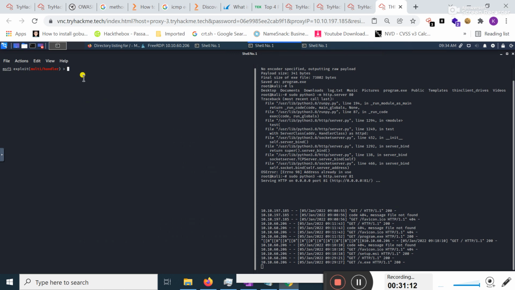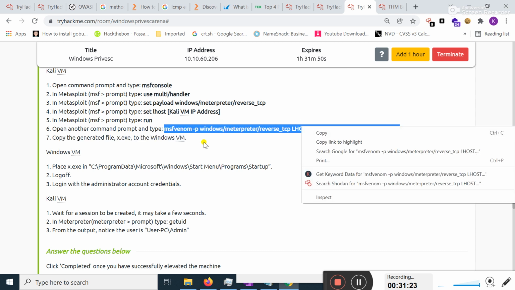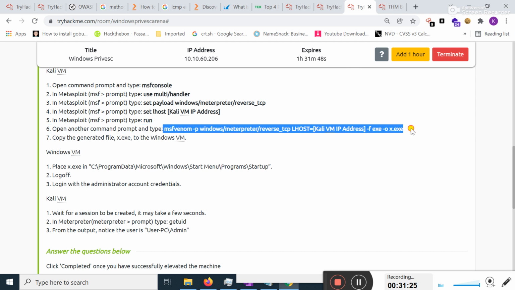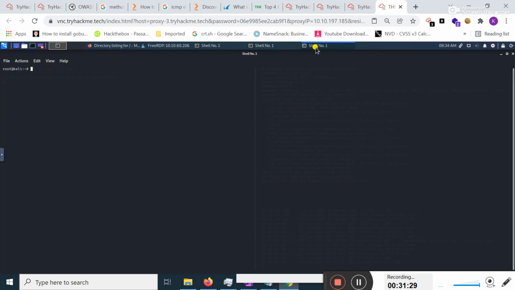Again I'm going to start the netcat listener. You can see the netcat listener is now started. I'm going to again create a payload by using MSFvenom. I just simply copy this command from here, move to my Kali Linux terminal, and here I am going to create a new payload.